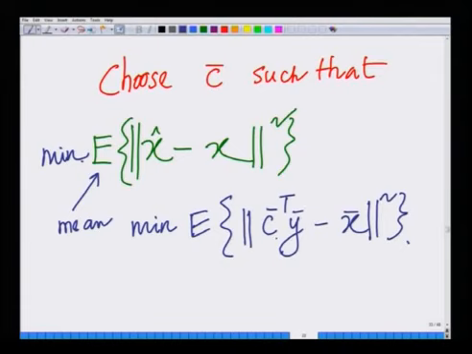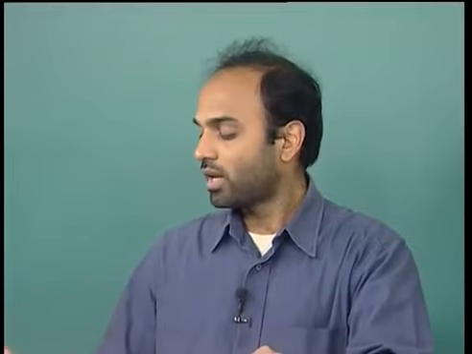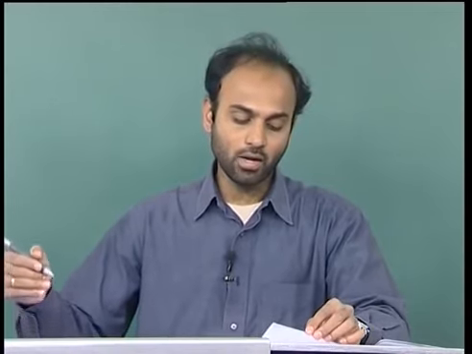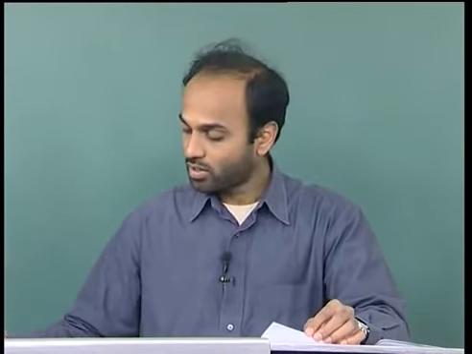This is the estimate, x is the actual quantity. I want to minimize the estimate minus the actual quantity, which is the error, but I am taking the mean of that error and mean of the squared error. Hence, I am minimizing the mean of the squared error. This is what MMSE wishes to achieve. So, next naturally we have to start with computing the squared error and the mean squared error. So, first let us start with computing the squared error.